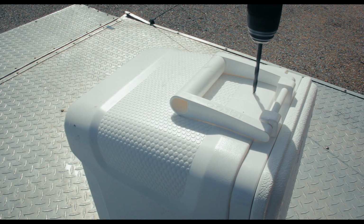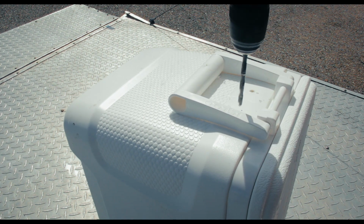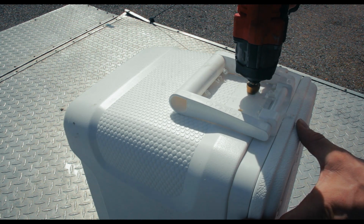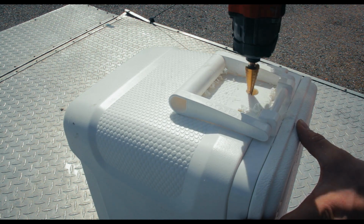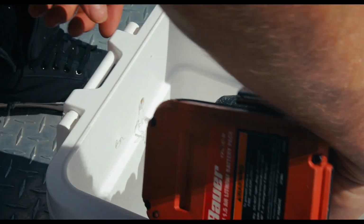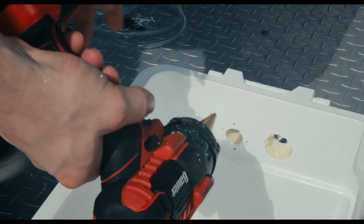It worked better for me to have the power come out the back, so I put one hole in the back for the power, and then two holes up front for the water lines. So you start with the 1/4 inch, and then go in with the step bit to 11/16 in the front, and then in the back, you're going to need to go to 1.25 inches, and since I don't have that bit,